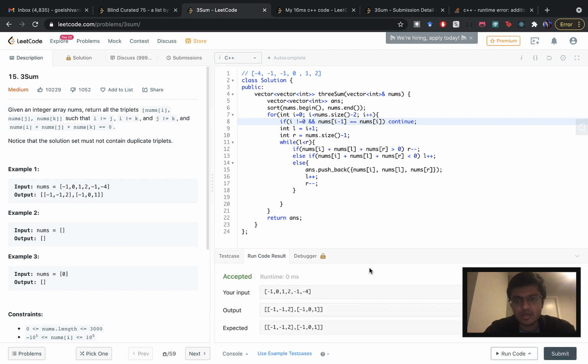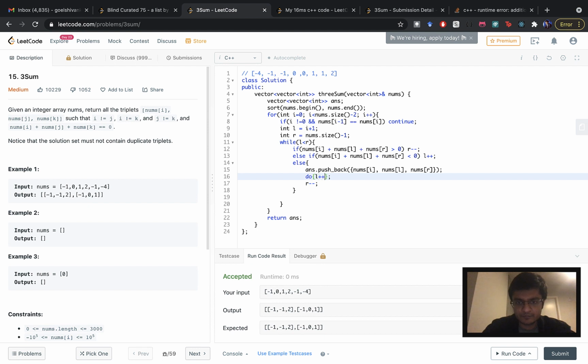In this case, for this example, I think it should give the correct answer now, but this is still not correct, because imagine what would have been the case if we had something like this. So in this case, when we were at this -1, we first find this solution -1, 2. We increase the L and decrease the R, then we find the solution -1, 0, 1, and then we again increase the L and decrease the R, and then we again find the solution 0, 1 here. So again we'll get duplicate entries,